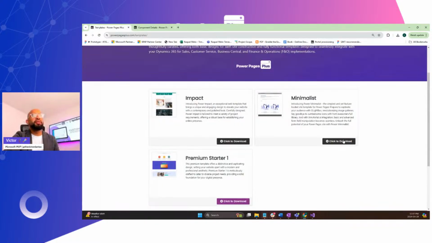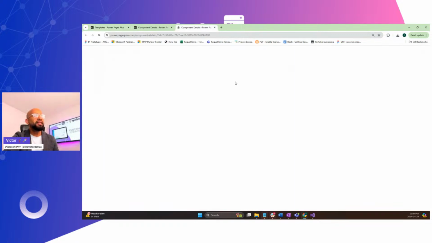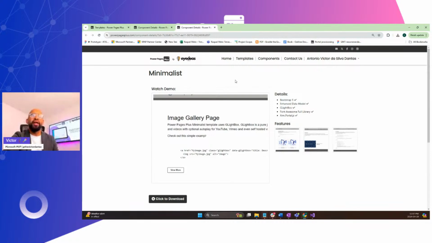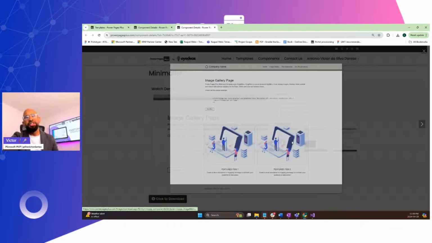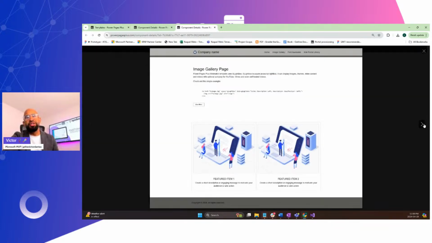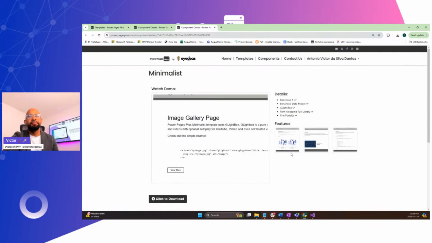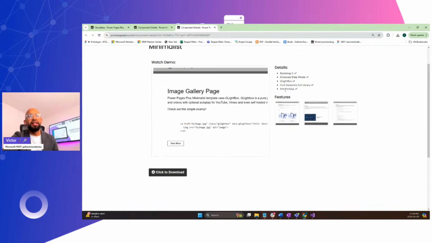Okay. Then we go into what I call the minimalist template. This one is exactly like the blank template from Microsoft with a few extras. What do you get from it? You get the GLightbox, which gives you the option of doing this type of image gallery. Okay, so that is included. You've got the full library for Font Awesome, so you can use it in your projects. And you have one JavaScript library that I use a lot called jQuery,